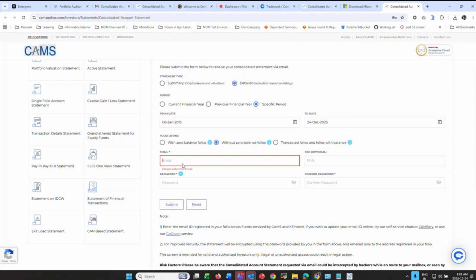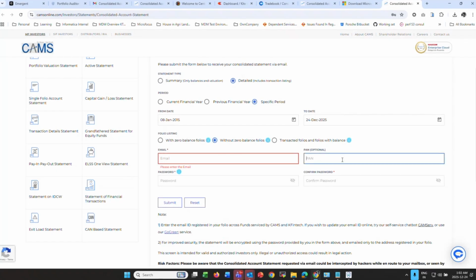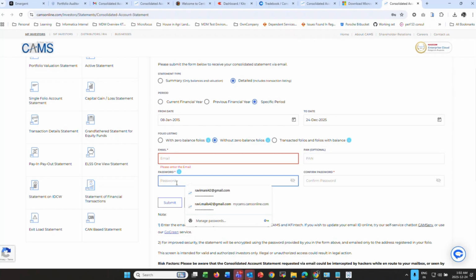So let's say whichever app you are investing in, when you registered, you might have given one email ID. That email ID you have to give here, and then you have to give your PAN number. Even though it shows as optional, you should give a mandatory value, and then give a password. The password can be anything, just give 1 2 3 4 5 6 7 8 9 or something, and then give